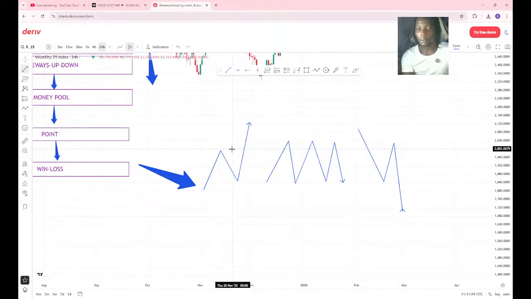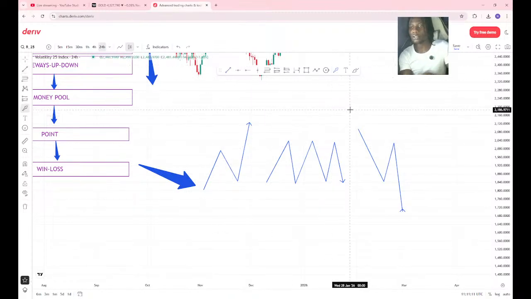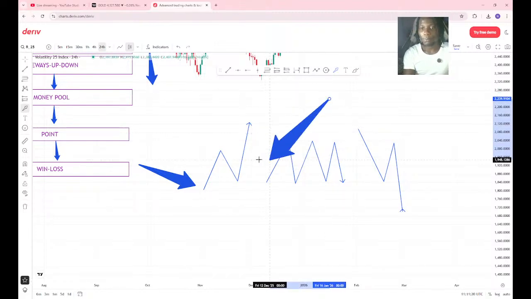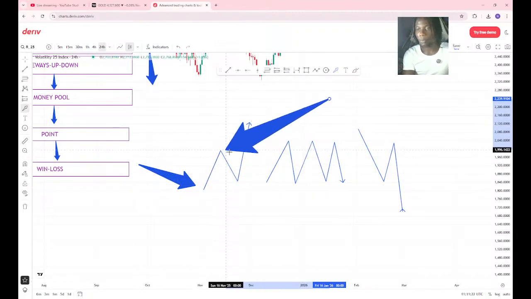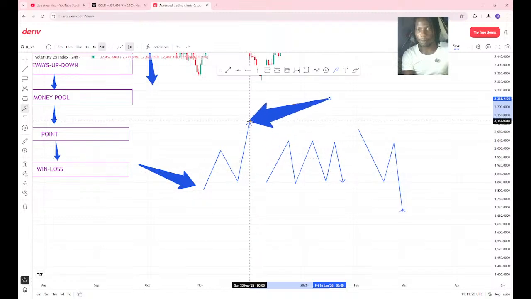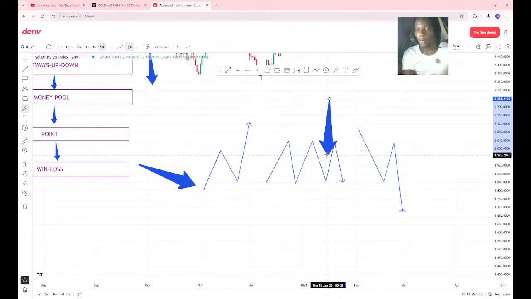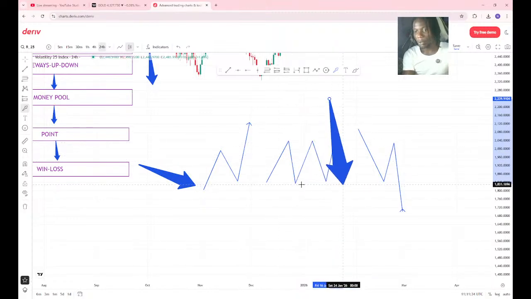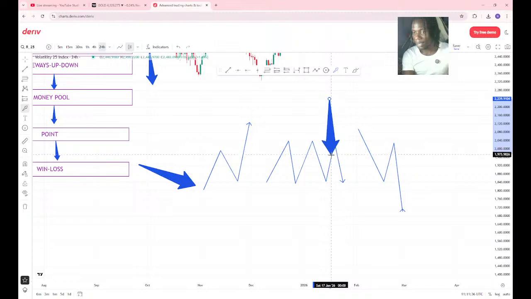Now this is how the trend moves. We say the trend moves in 3 phases: the up, the sideways and the down. On uptrend, price moves up, comes down, then retests, then moves up again. We say it's up. On sideways, price just moves, doesn't break above or below each side, it just stays. That's what we say sideways.